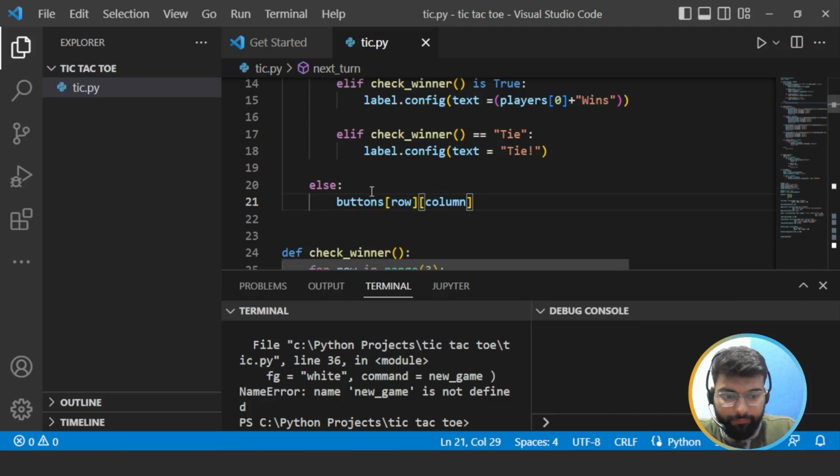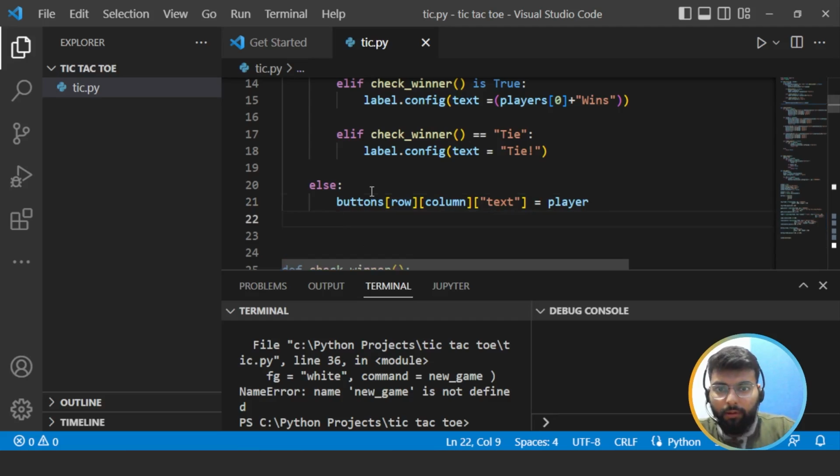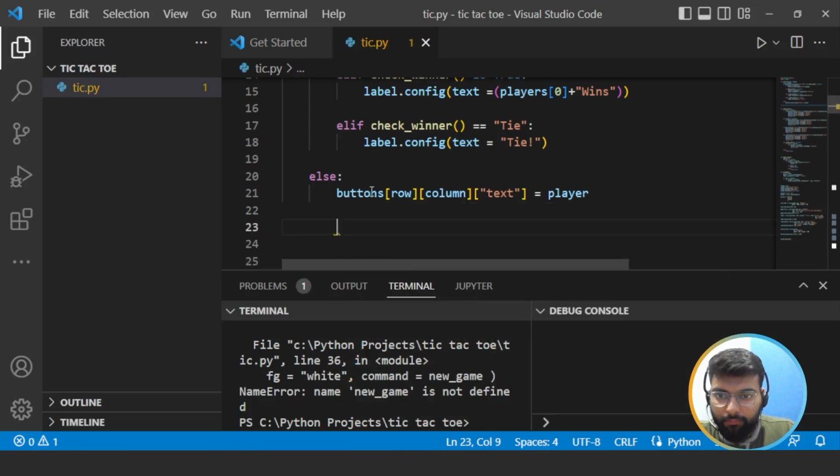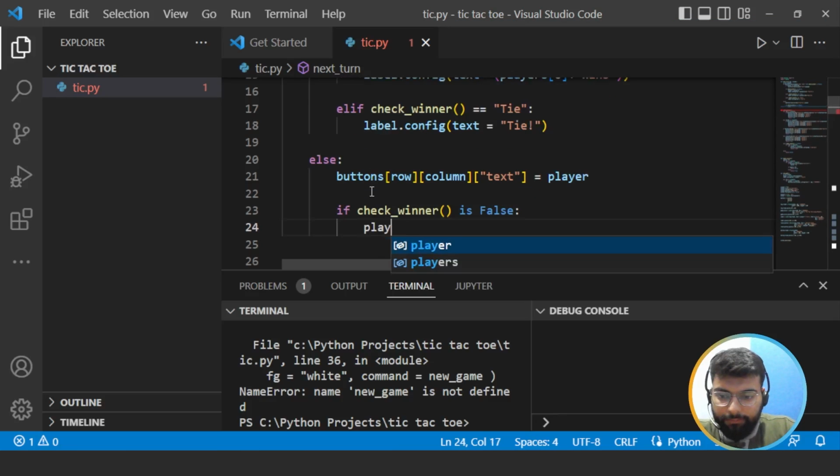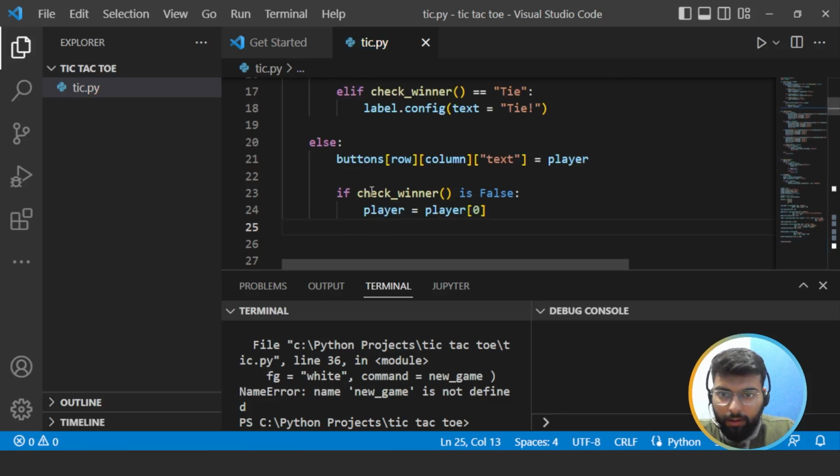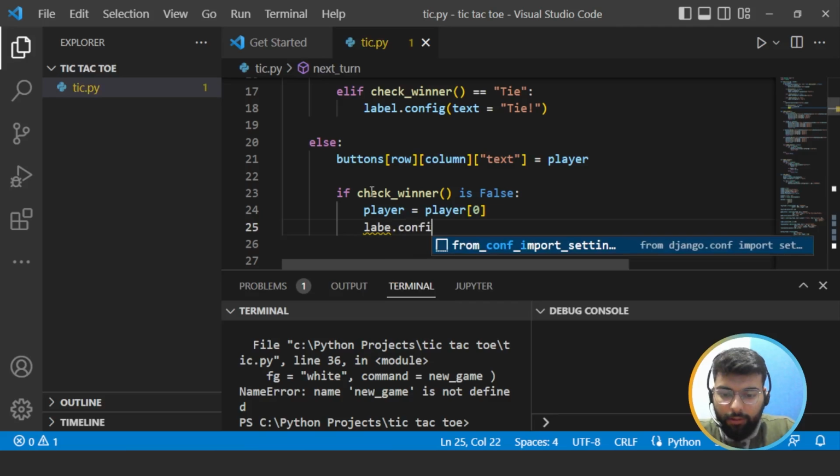row column, and the text enter is equal to player, then if check winner is false, if there is no winner currently, then player is equal to player 0, and we would configure the label, that is label.config,